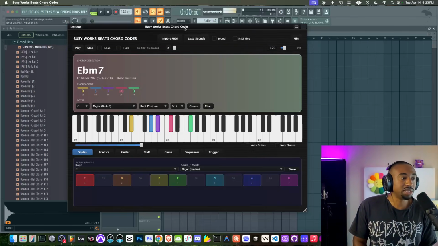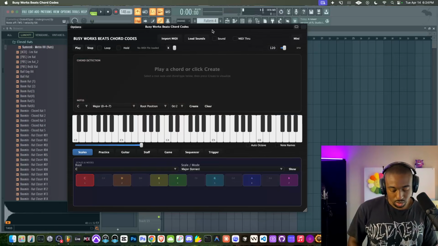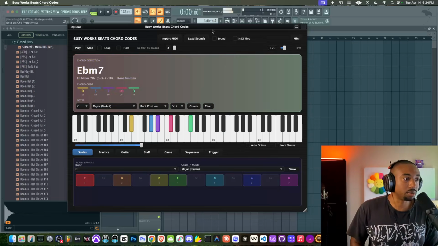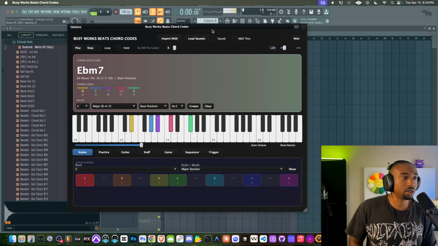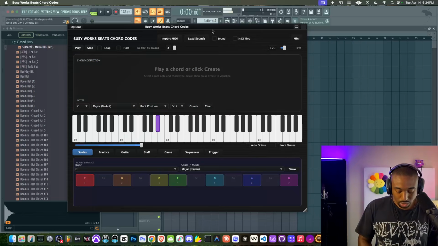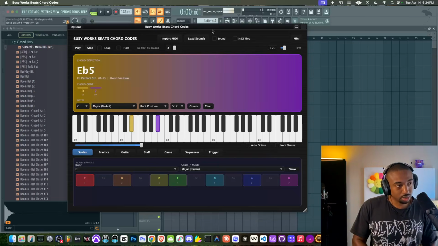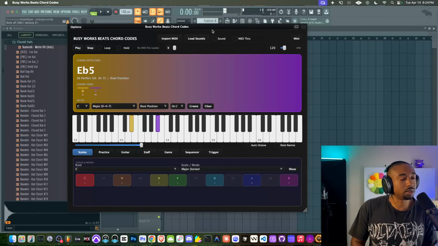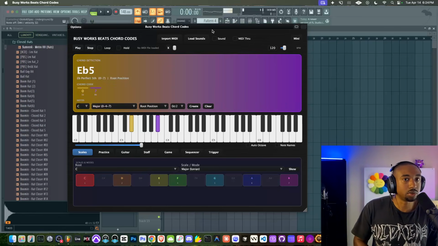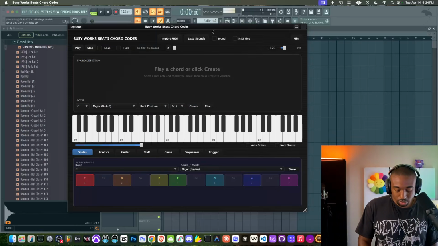All right, so basically what we want to do, if you want to create a turnaround, as I call it, ask yourself, where are we starting? We're starting at E flat. Now all you got to do is take the root note, which is E flat, and count up 7 notes. This gives you what's called the perfect fifth. So if I play these two together, it's called a perfect fifth. This is called an interval, or basically a measurement of distance. So what we can do is say,